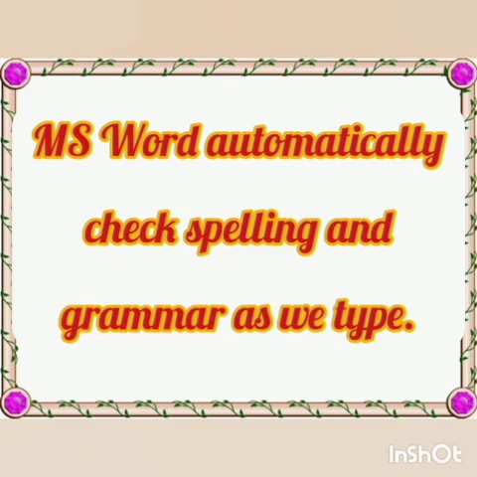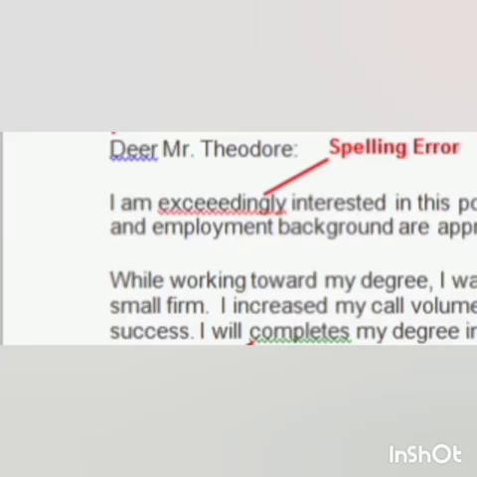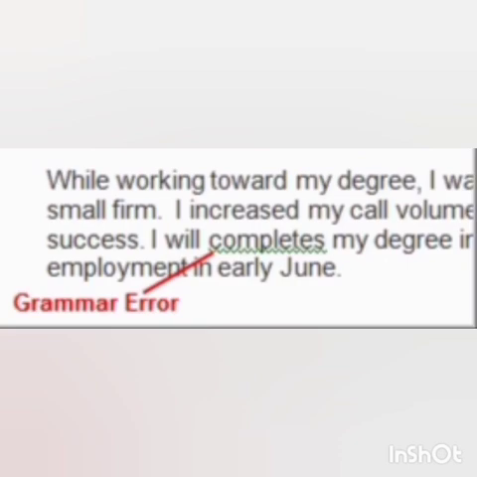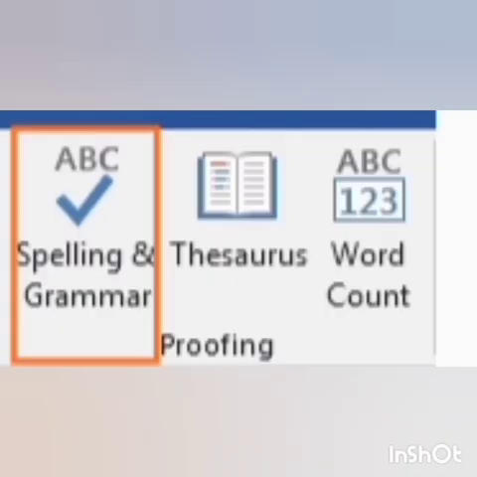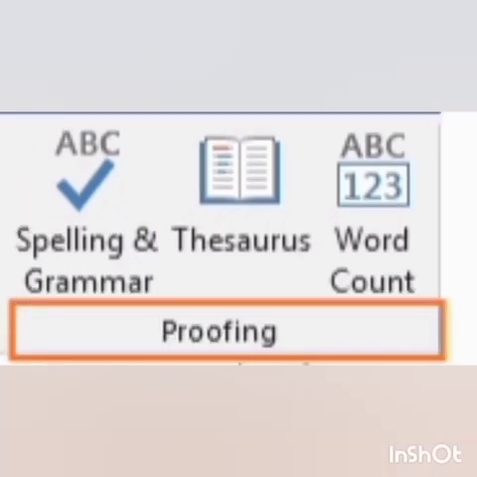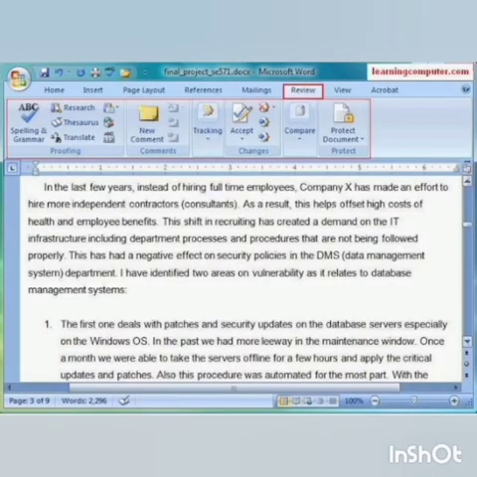It displays a red underline to indicate spelling errors and a green or blue underline to indicate grammatical errors. The Spelling and Grammar option is available in the Proofing group in the Review tab.